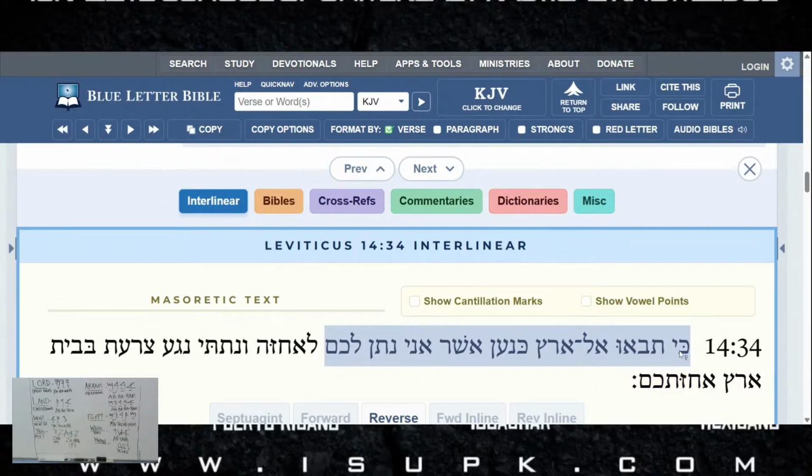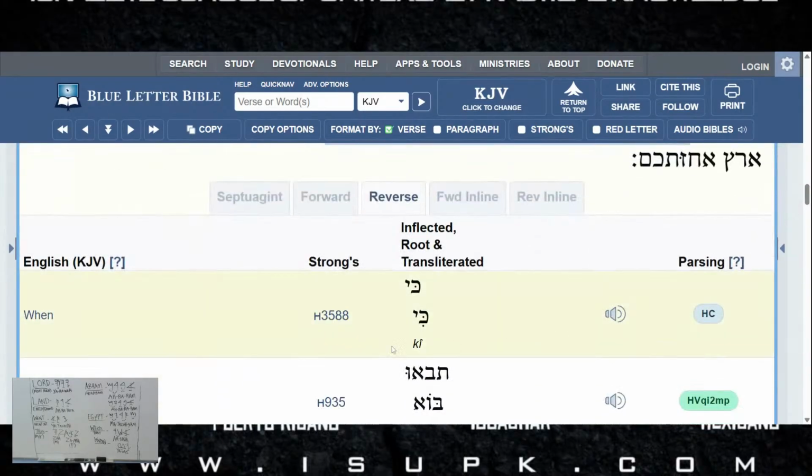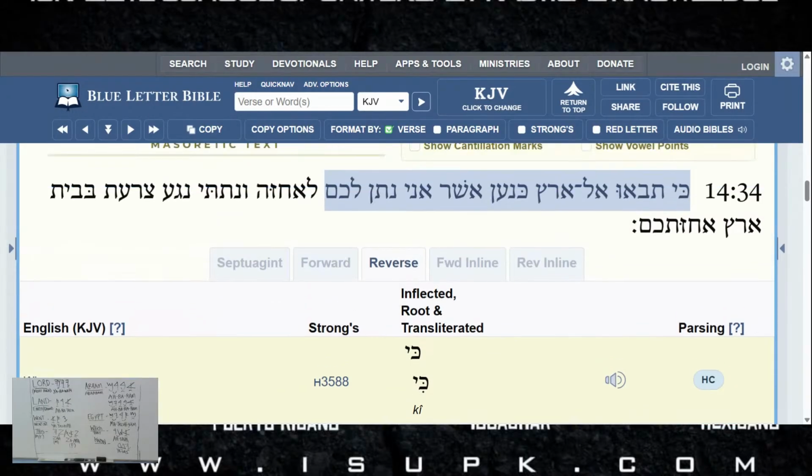So kaya is the word for... Okay, and we can see that right here at the top. Kaya is used as when. It was used as something else too, but it's not the main word for when. This is a slang, right? Because a lot of our words back then, the world evolves. So we had a different word for when. Kaya is not the word for when, but it is used as a slang, the same way it is used as a slang for because. For because, for that happened.